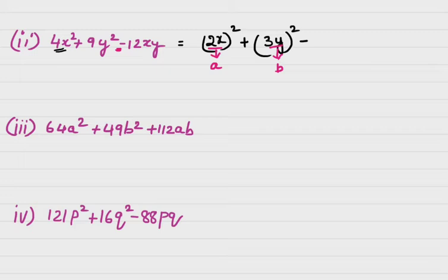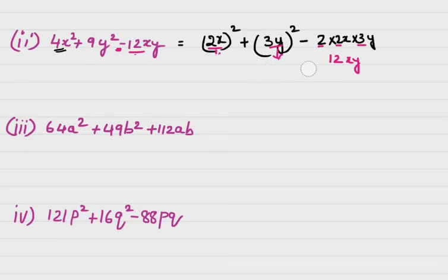Let us see, first we shall write minus 2ab and then see whether it fits here. Now see, this can be written as minus 2ab, means a is 2x here and b is 3y here. Now calculate this, you will come to know what it is. 2 into 2 is 4, 4 into 3 is 12, and xy. So this is nothing but 2ab. Now this is coming in the form of a square plus b square minus 2ab, so this will be (a minus b) whole square.